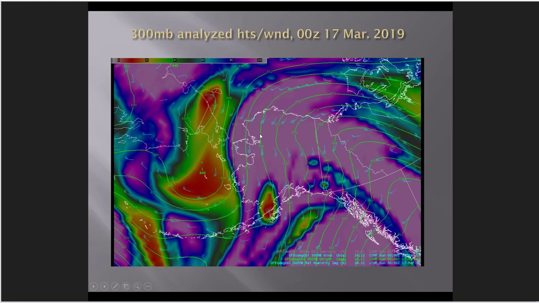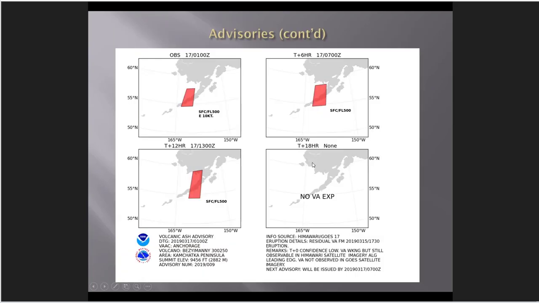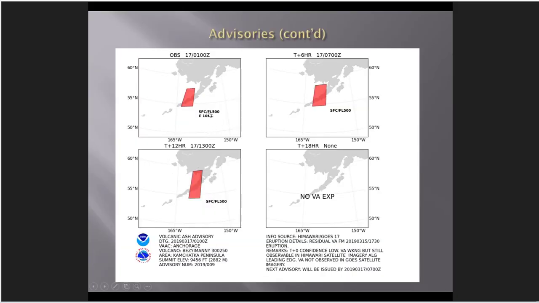Okay. So the analyzed winds by 0Z on the 17th. Remember, we had 40 to 60 knots out in here earlier on the 16th. It has slowed down to maybe 30 to 45 knots over the area of interest. And then this is shown in the cold base sounding here. We're getting that down to the 20 to 40 knot range. And you can see that it actually is analyzed by 01Z is moving only 10 knots to